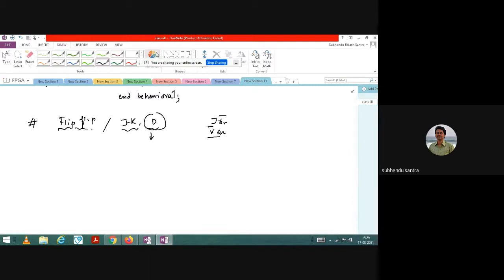Okay. The main difference is that here there is one clock signal present. So that is one variable I have to take, which is clock. You can also take one clear signal if you want. So clear is also there. Let us say flip flop. You both have this clock signal definitely, and this is, let's say, the clear signal. Okay, and the other part will be as it is. So basically there are two extra inputs, which are clear and clock.